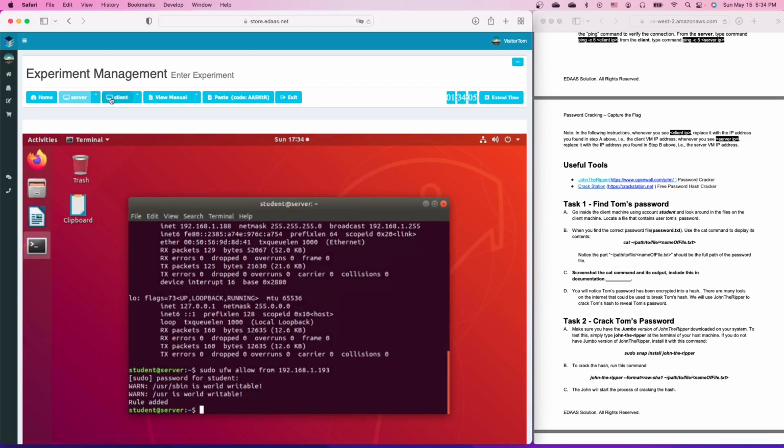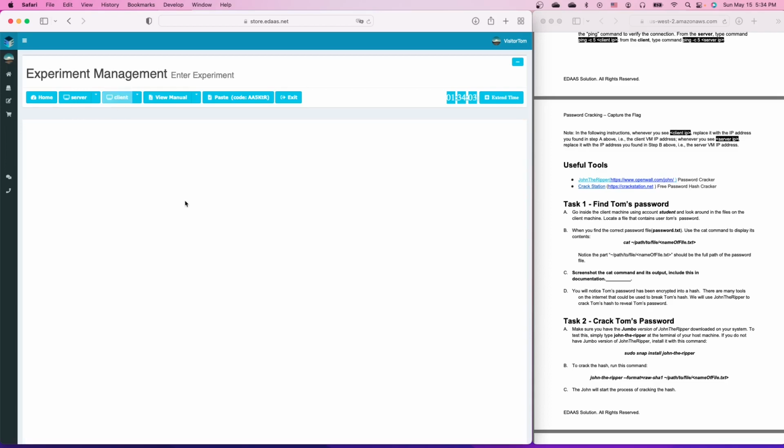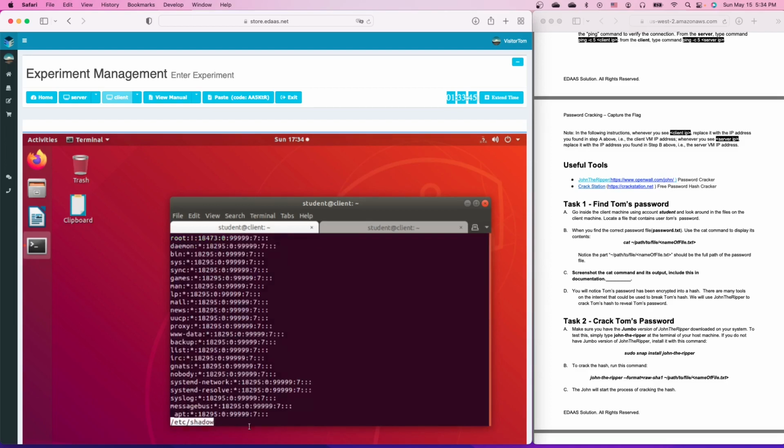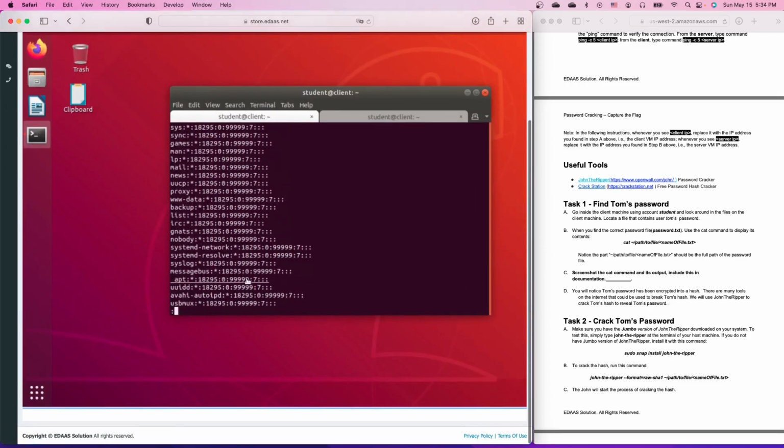So where exactly is the password stored in the Linux system? Well, it's actually stored in a special file called /etc/shadow. If you take a look at the file /etc/shadow, you should be able to see a file that has multiple lines, and each line